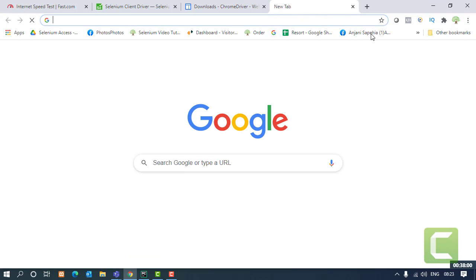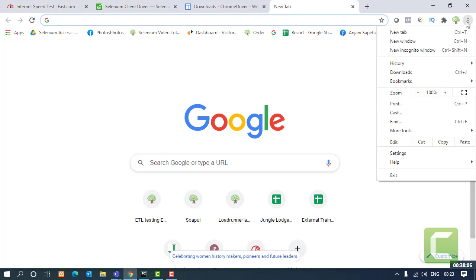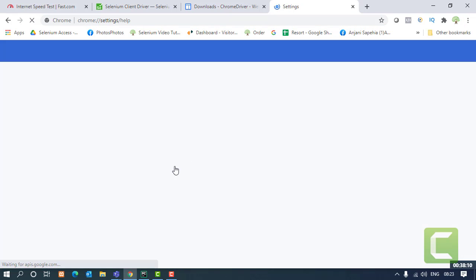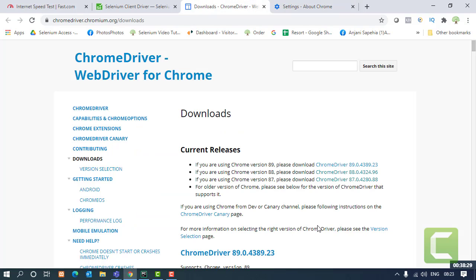What you need to do is know the version of the Chrome you are using. Right, you can check that from these three toggle buttons. Go to Help, About Google Chrome, and here the version will be displayed, which version of Chrome you are using or Edge you are using. So that will be displayed. It's 88.0. So you have to look for the same series. So I'll go back, and over here, this is the series that matches with my version of Chrome. So I'll go into it.